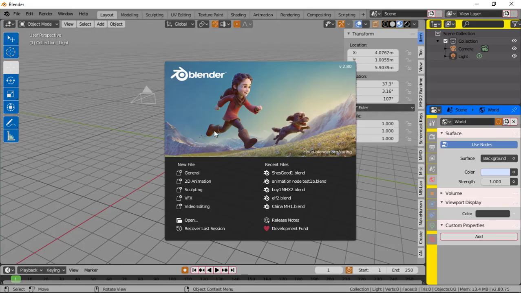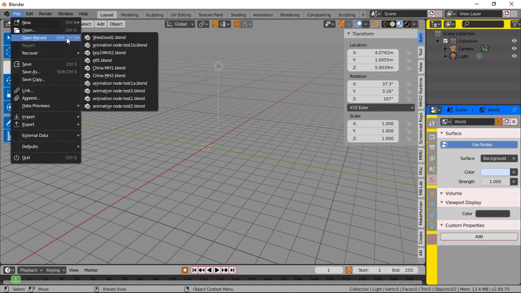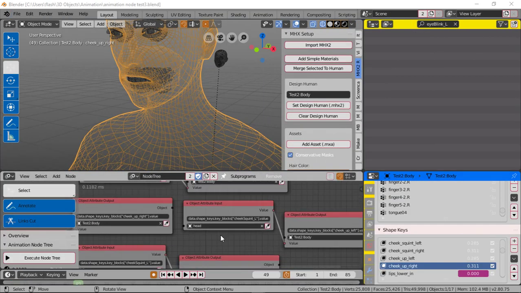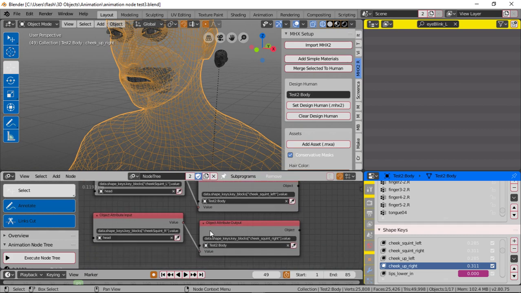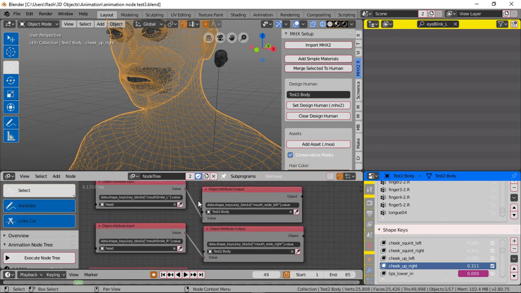Every time they upgrade Blender in a new build, the previous add-ons may not work. That's how Blender works today. Some of the stuff doesn't work for the previous versions, or the newer version, I should say. So let's go into Animation Node Test 3. And now you can see all the connections are made and they all work. So the dope part that I want y'all folks